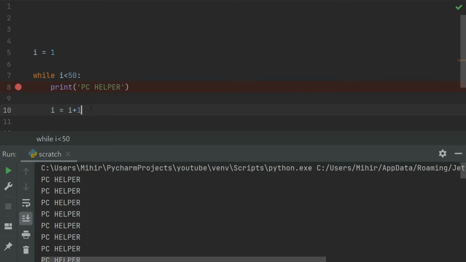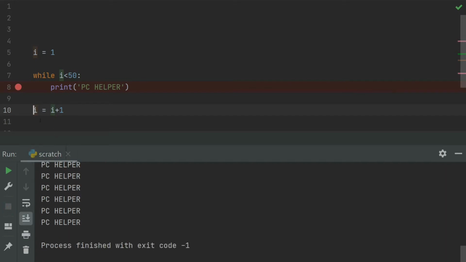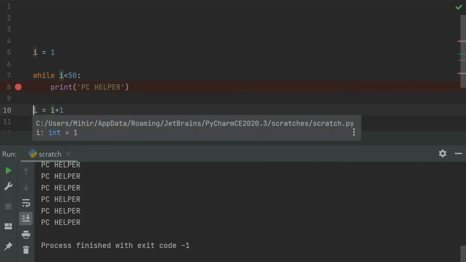Also, one thing that you have to make sure is that i is properly indented, that this increment line is also properly indented, because if I press backspace here, then this i comes out of this loop. Because it is not properly indented, it is not in line with this print statement. And now when I run this program, it will keep running an infinite number of times because now this increment operator is not a part of the loop. So it is important for it to be properly indented.